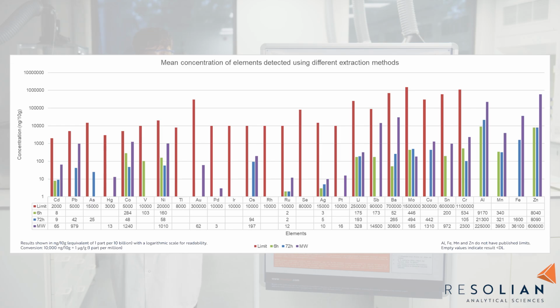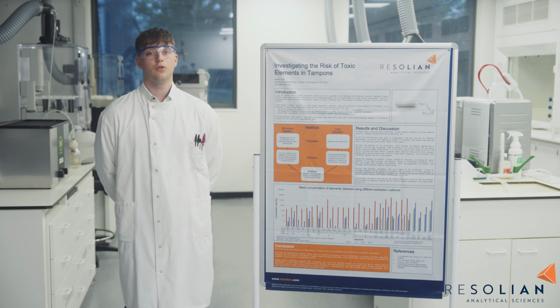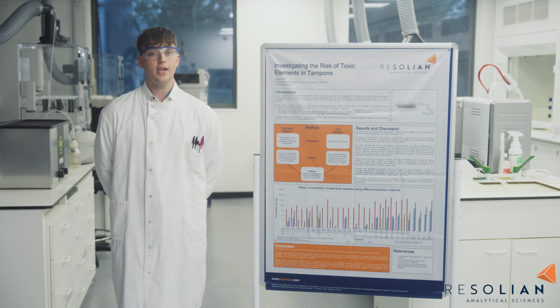So the graph here shows the mean concentration of each element detected for the 3 different extraction methods, compared with the corresponding limit in red. A logarithmic scale has been used for readability, and the values for each bar are in the table underneath the graph. All 24 ICH-Q3D elements were found at concentrations less than the limit for parenteral administration, even when fully digesting